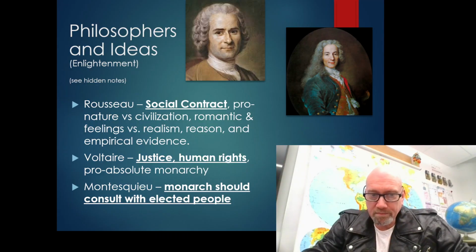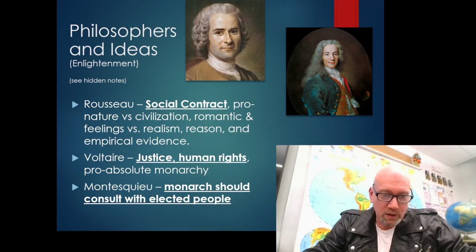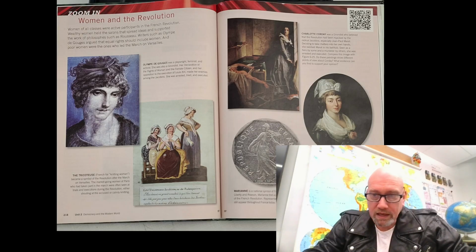So the executive branch has the power to make immediate decisions. The legislative branch has the power to make laws. The judicial branch judges and interprets the law in the court system. Okay, I'm going too fast.